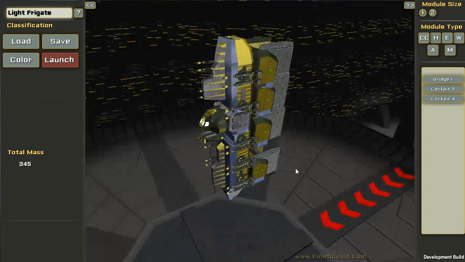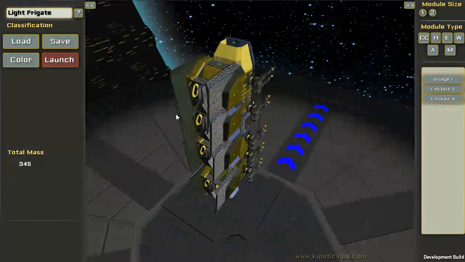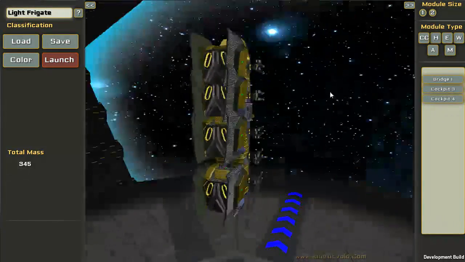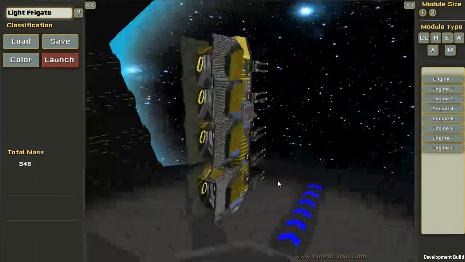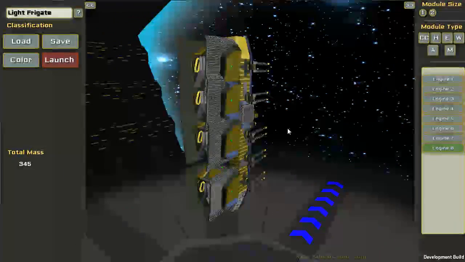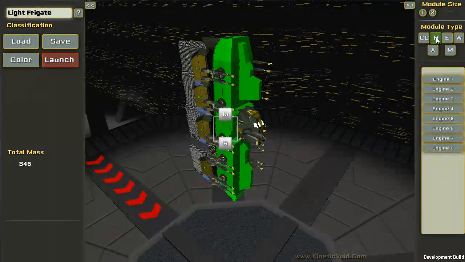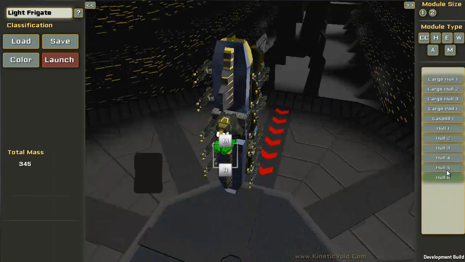Some new models that we have in-game this week are the Engine 8, which you can see on this ship here, and that's located under Tier 2 engines, Engine 8. Preview for that's a little too large, I'll get that taken care of. And 3 new hull sections. We have Hull 4,